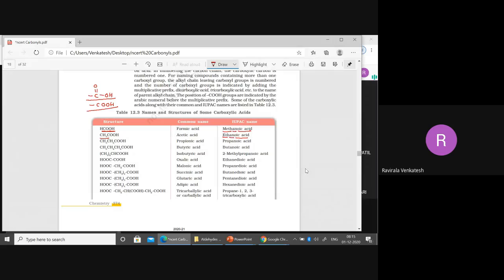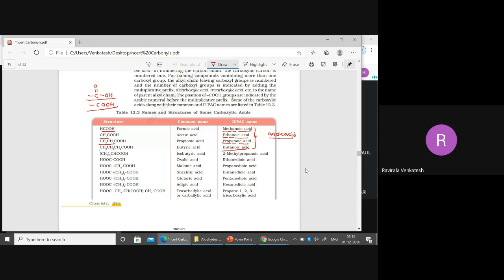And if you have three carbons, pro, ane, oic acid. That means in all the cases, ane plus oic acid is common. Only the root word you are changing. Root word: one carbon, methanoic acid; two carbon, ethanoic acid; three carbon, like that. Butanoic acid is also the same. So these are the first four